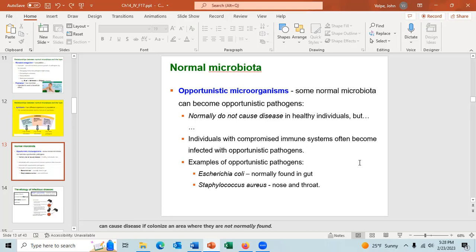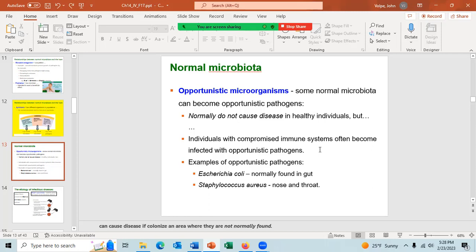I mentioned this already. Staphylococcus epidermidis is normally on our skin, but if we have a puncture wound that brings Staphylococcus epidermidis below the skin, it can grow in the puncture wound, and that would be an opportunistic microorganism, an opportunistic infection. The normal microbiota may cause disease in people with compromised immune systems,